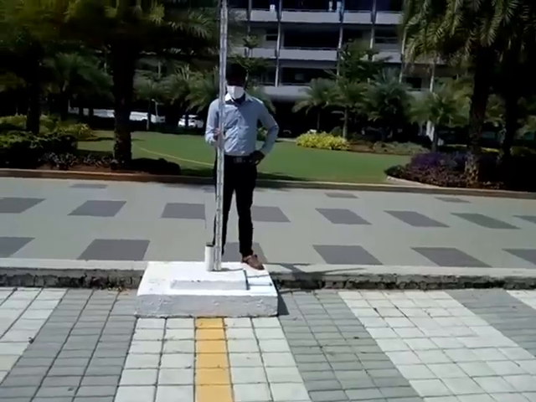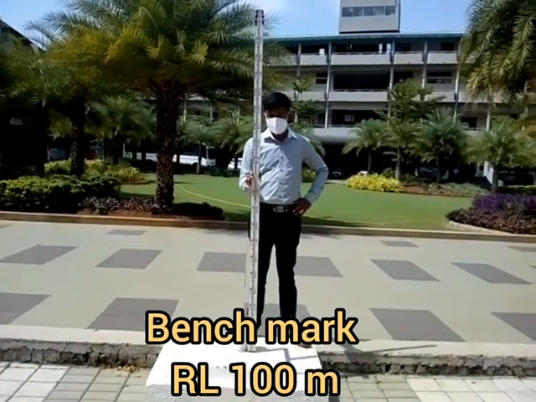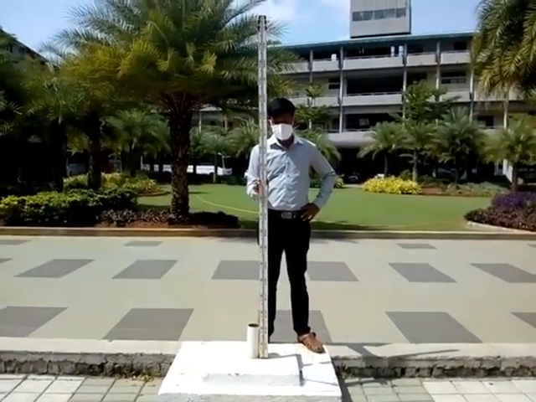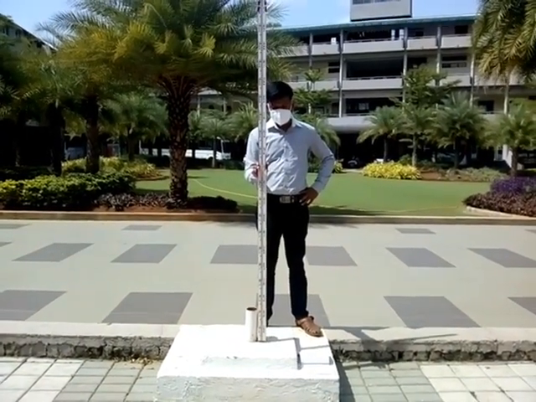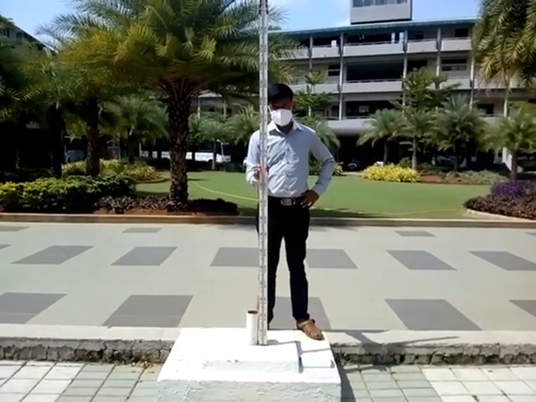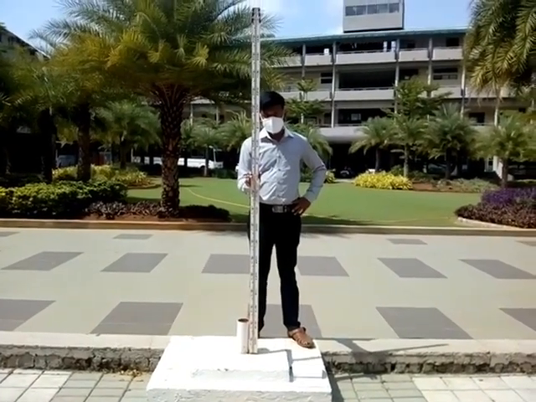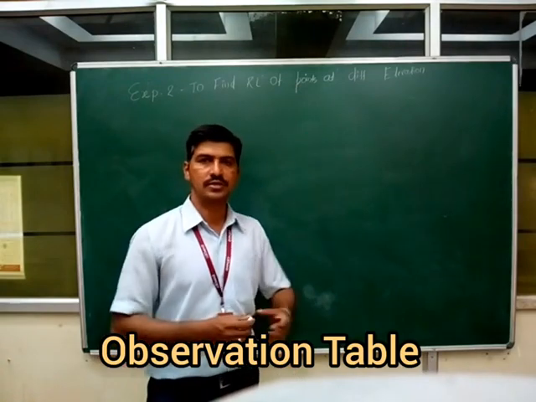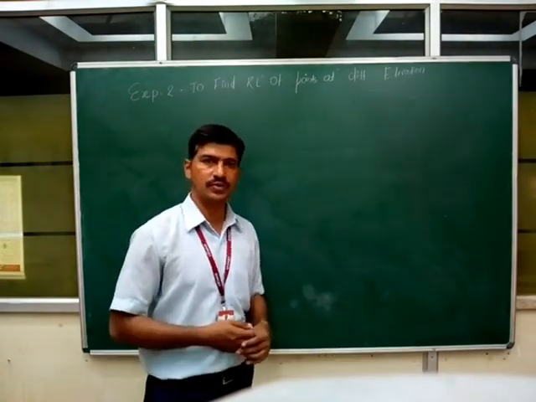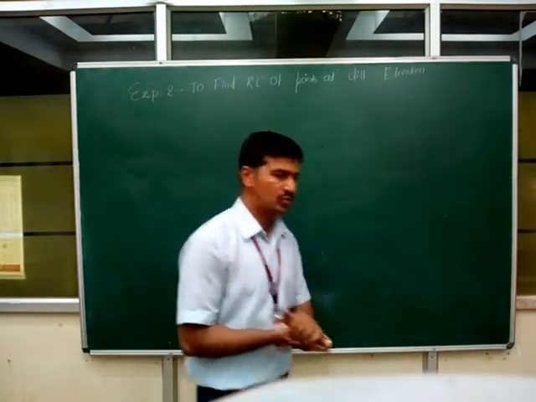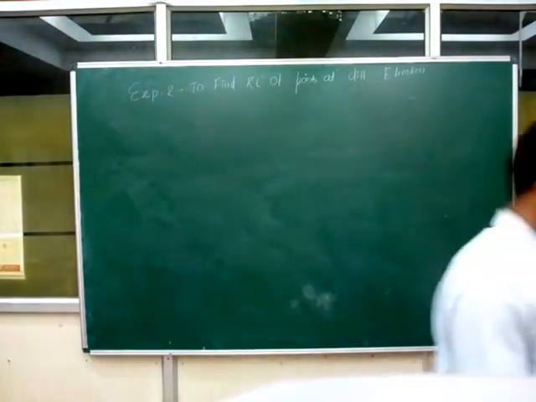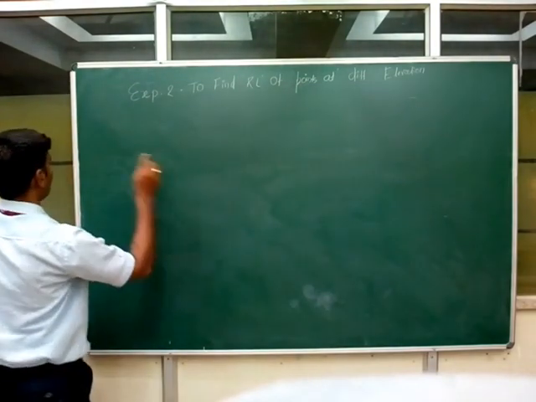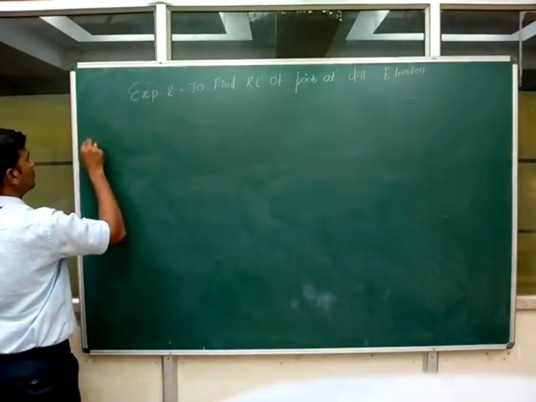Okay, so second year, to find out the instrument axis, I have kept one staff on the benchmark. The benchmark I have assumed over here is 100.00 meters. So I will take the reading on the benchmark. Second year, I have just come from the field observations. I will be putting all the observations in front of you, and you have to calculate the RLs. Okay. Now, instrument station.